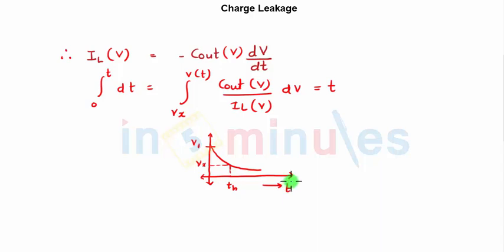So in summary, what we learned in this clip is the concept of charge leakage. We saw a C2MOS circuit. We saw a condition where both my NMOS and PMOS transistors which were connected to the output were off because of clock. At that point of time, we saw the PN junction diode reverse currents flowing because the bulk were connected to VDD or ground. And at that point of time, due to leakage currents, we saw